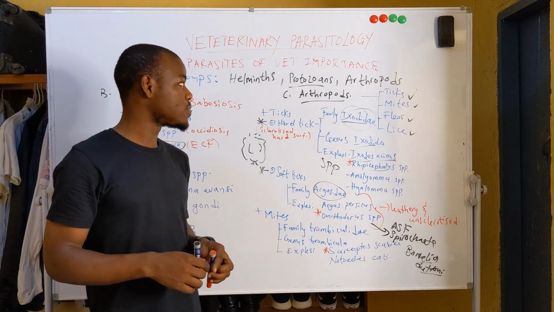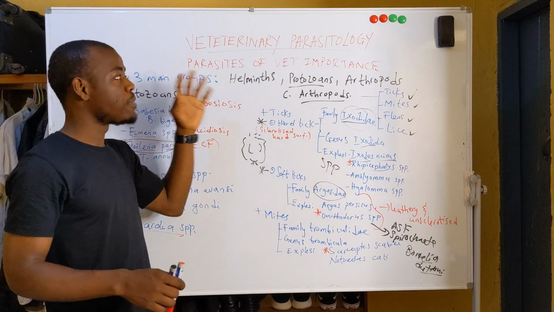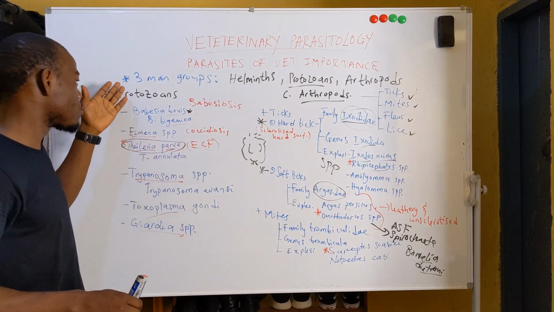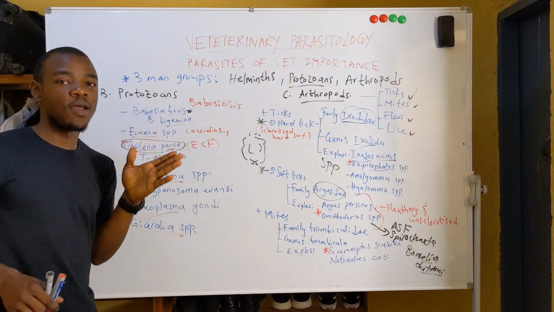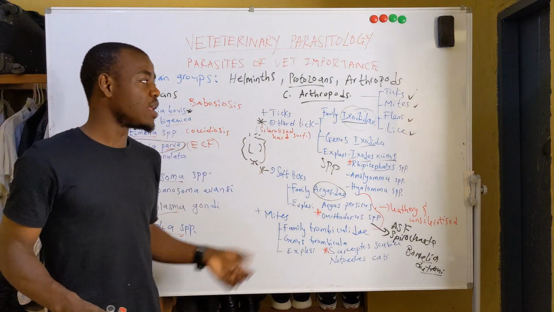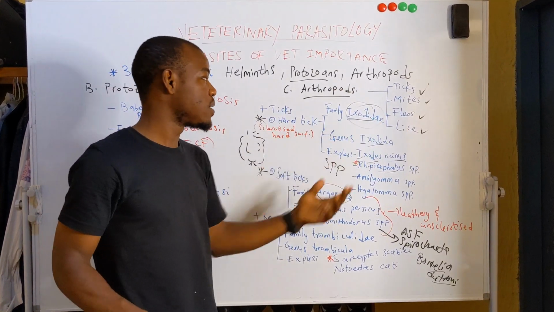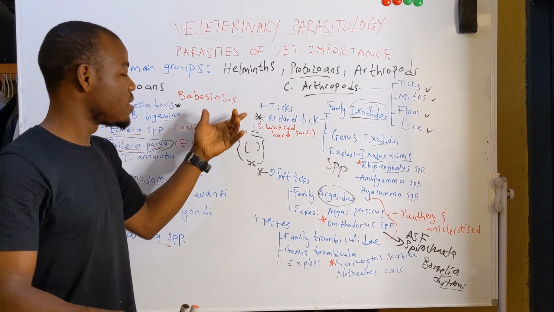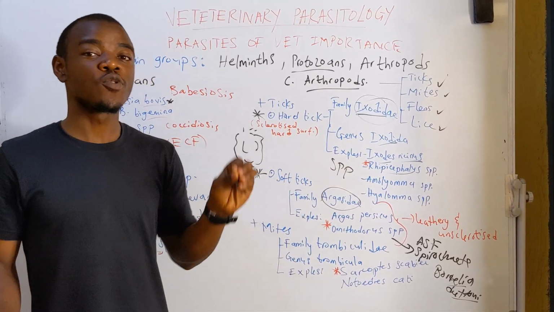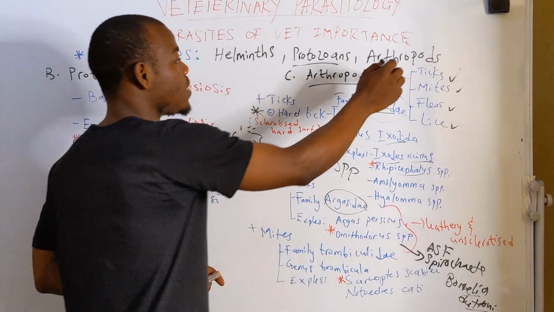Very, very important. So finally, today we were able to explore these main parasites of veterinary importance. And for this part, we talked about the protozoans. These are not all of them, but just key examples. The protozoans here, then the arthropods: the ticks, the mites, the fleas, and the lice. But we just dealt with the ticks and mites because this is the class where most of these ectoparasites of veterinary importance are found under the phylum